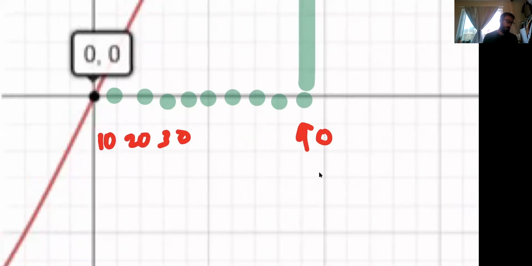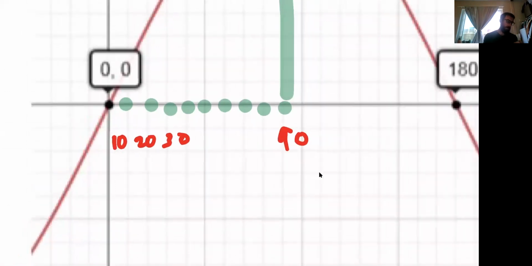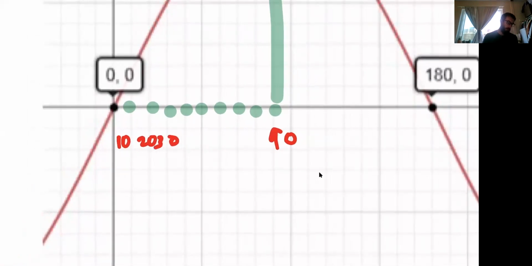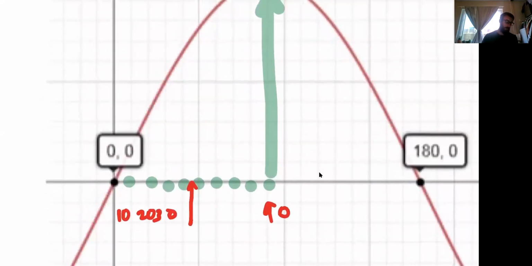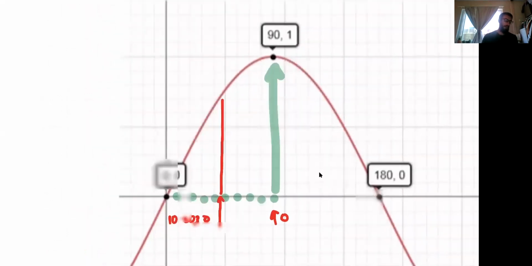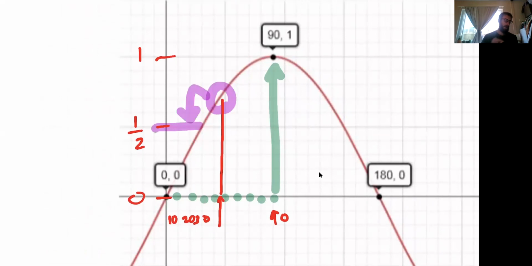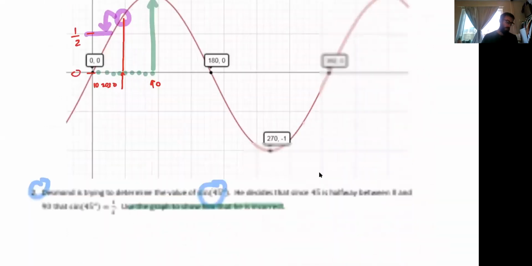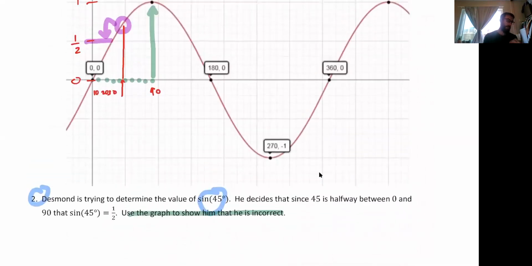So we have tens across the x-axis, which lends me to believe that my 45-degree angle is probably going to be right here, halfway between 40 and 50. So all I'm going to do now is extend that up as straight as I possibly can to right about there and see if it's at 50 percent, or 1/2 of 1. Well, here is 1. Here is 0 on the x-axis, which would lend me to believe that that's the halfway point. And sure enough, let me use a different color here. If I extend this over, is this height right here at that height? Well, obviously not. So we can see that Desmond is incorrect because